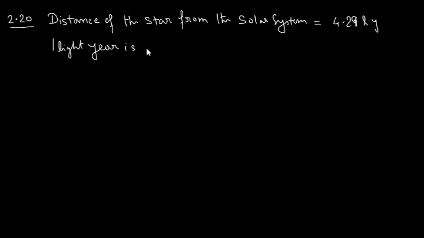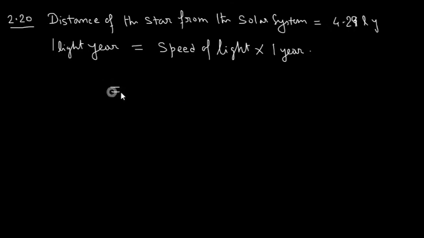So 1 light year will be equal to speed of light into 1 year, which is equal to